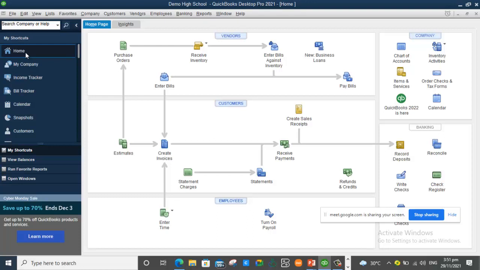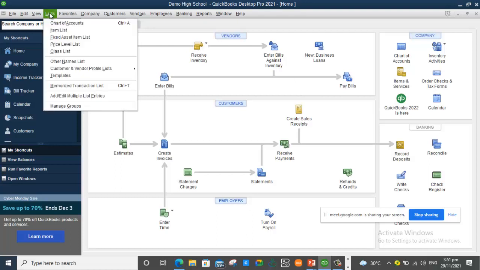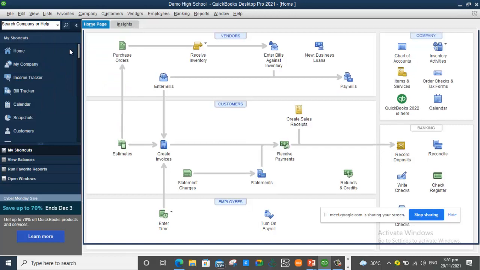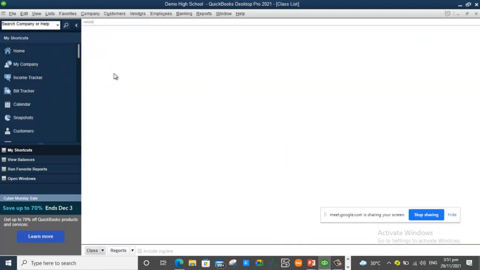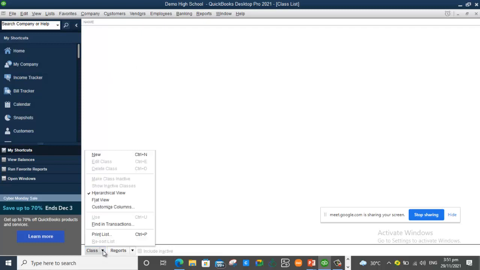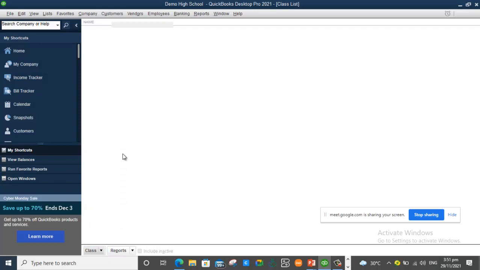Now let's move into the class. To access your class or to create your class, you need to go to List and go to Class List. I've already enabled class, so you can either click the class drop down at the bottom left and click on New Class,